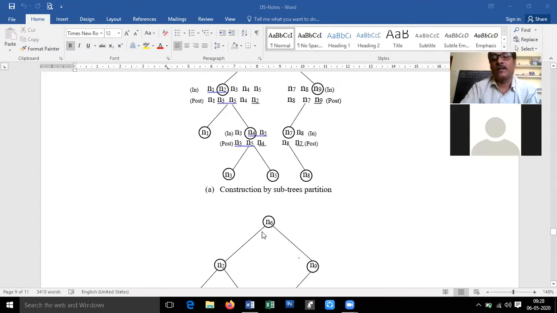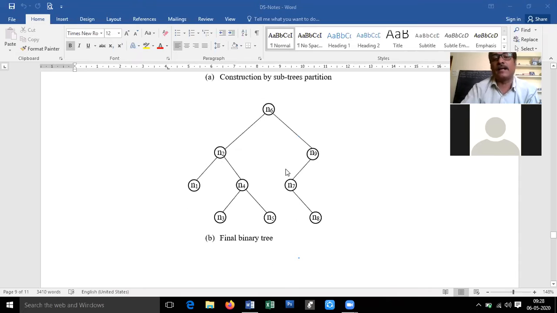So at the end, this is the binary tree. N6 is the root, N2, N1, N4, N3, N5 are on the left subtree, whereas N9, N7, N8 are on the right subtree. Now, the same example I am going to explain on the board, how to construct this binary tree.